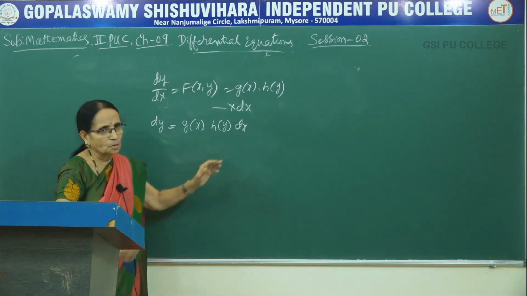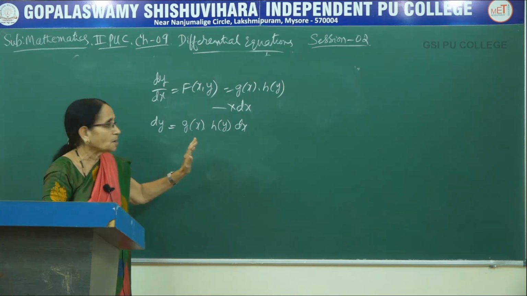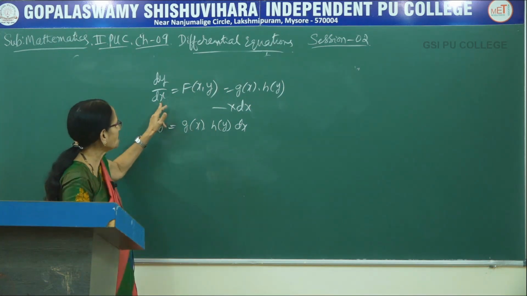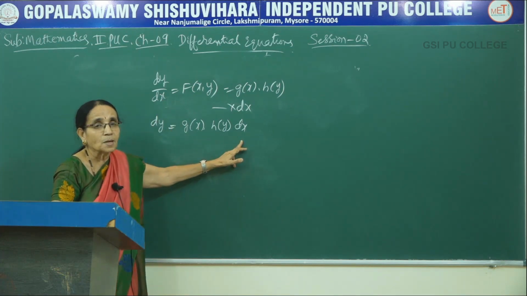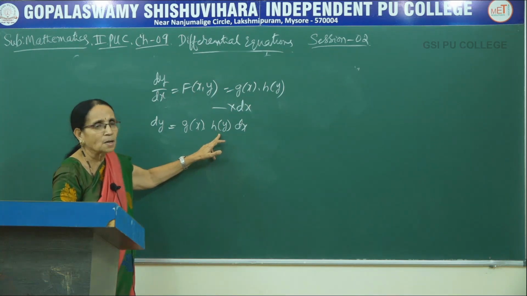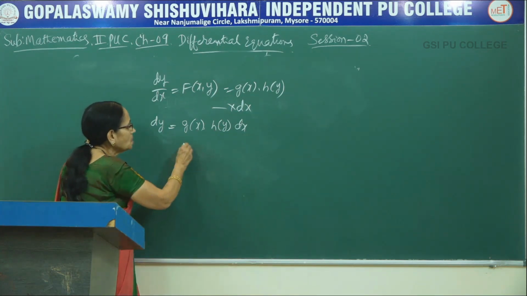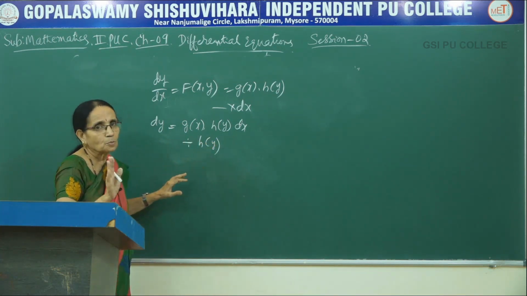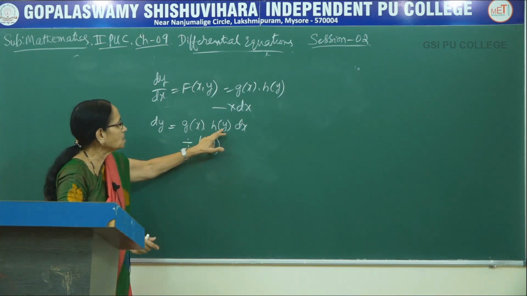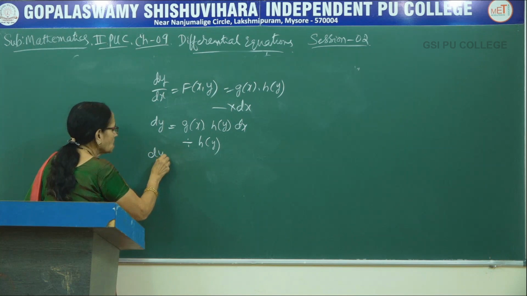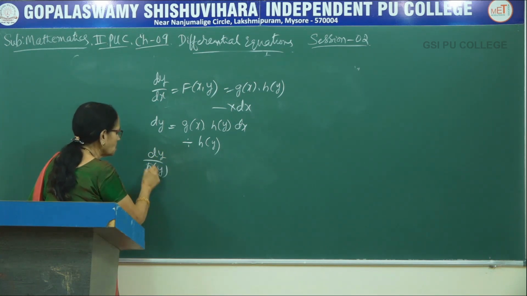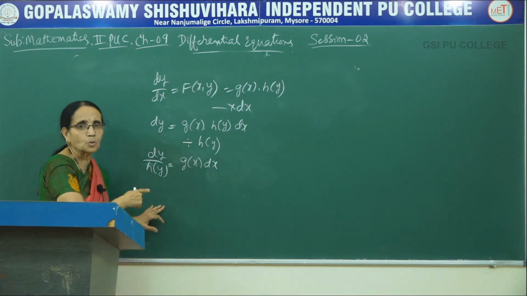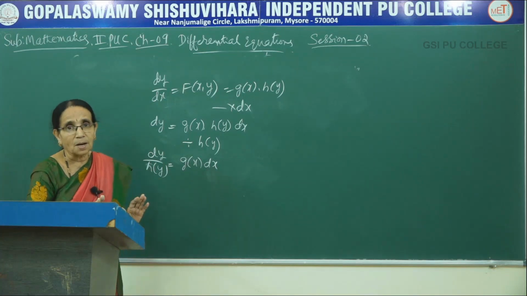Now, gx and dx are together. This hy I do not want. It has to come with the dy here, isn't it? How to bring it to this side? When it is in the denominator, take it to the numerator, we multiply. When it is in the numerator, to take it to the denominator, what has to be done? You have to divide by hy. So, when you are dividing, it means both the sides, of course. Divide this and divide that. This here cancels. Here it goes to the denominator position. So dy by hy is equal to gx into dx. Now you see that the variables are separated, isn't it?